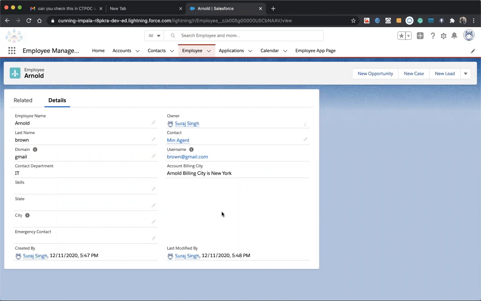There are so many other limitations, because a formula field is also a kind of automatic process. Automation is anything that Salesforce can do automatically on the records. We can say a formula field is also a kind of automation, but it does not come under automation; automation is a different thing. Whenever we let Salesforce perform some automatic thing after the record is saved, all those things come under automation.